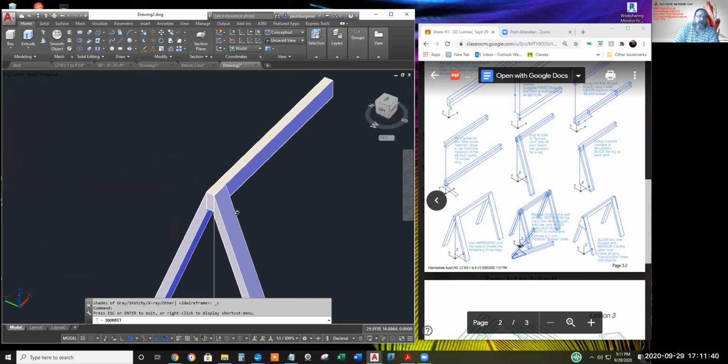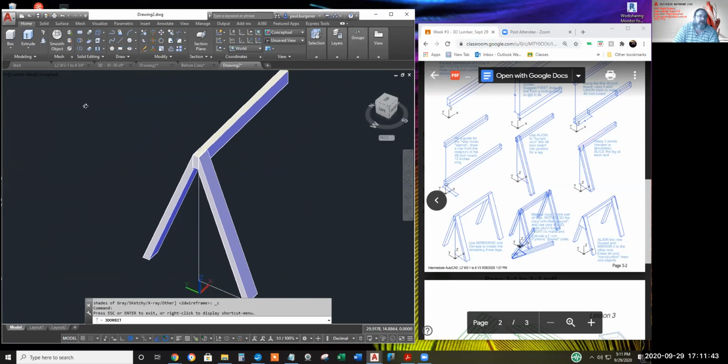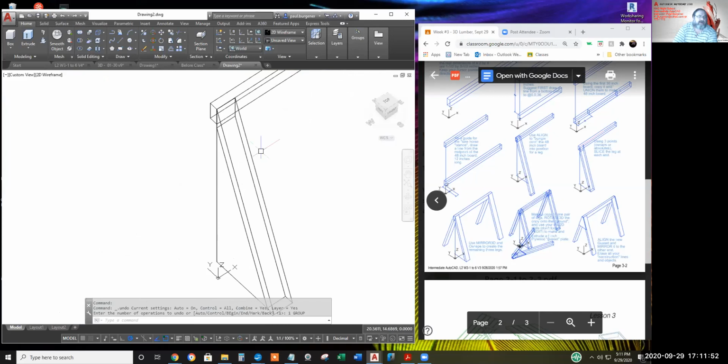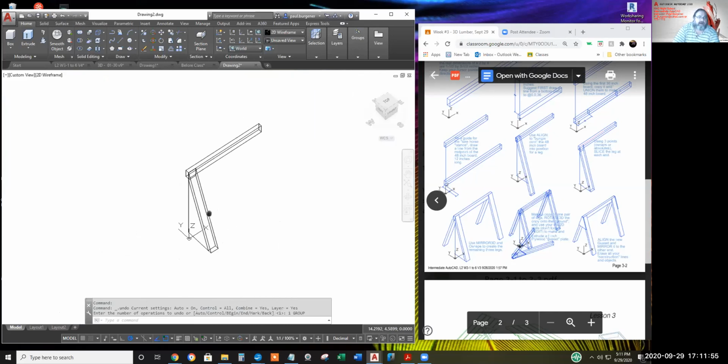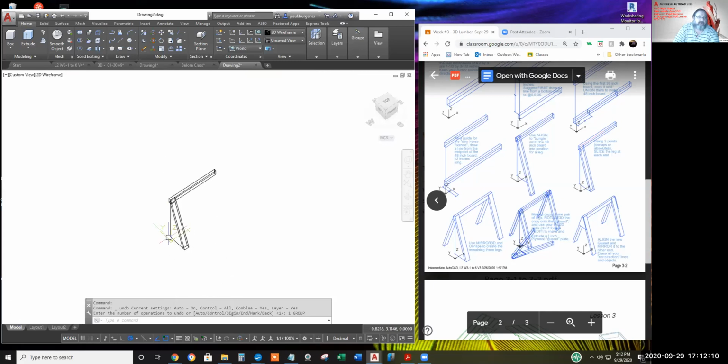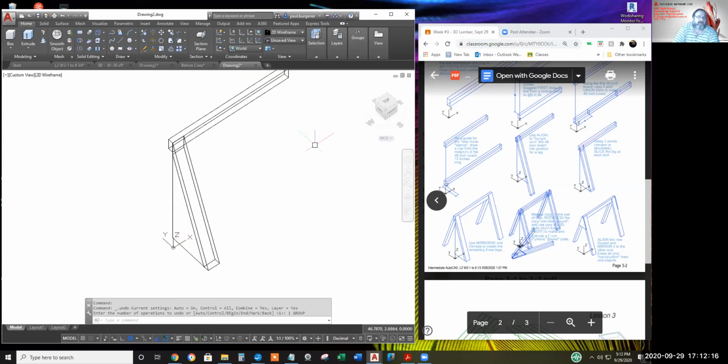Now, oh, by the way, let me undo, undo, undo. Can I undo a visual style? Good. The old 2D mirror command will work perfectly fine. If I do the 2D mirror command that we learned in introductory and specify the midpoint at each end of this 2x4, AutoCAD will assume I want the 2 points on the XY plane straight down on the ground directly below those 2 points. I don't know if this saves any time, but